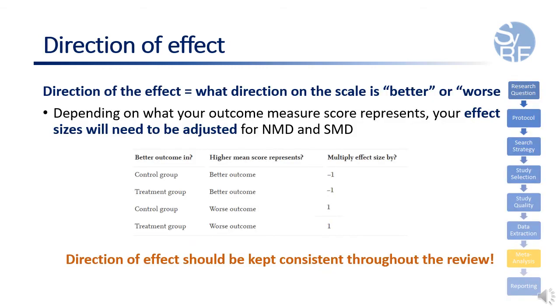One thing you have to take into account when calculating an effect size is the direction of effect of the experimental intervention you are interested in on the outcome. So the scale or measurement you use to measure your outcome with, does a higher score mean the outcome we are seeing is better or is it worse? And depending on what you are comparing, what your outcome measure represents, you will have to apply a correction factor when calculating your observed effect size.